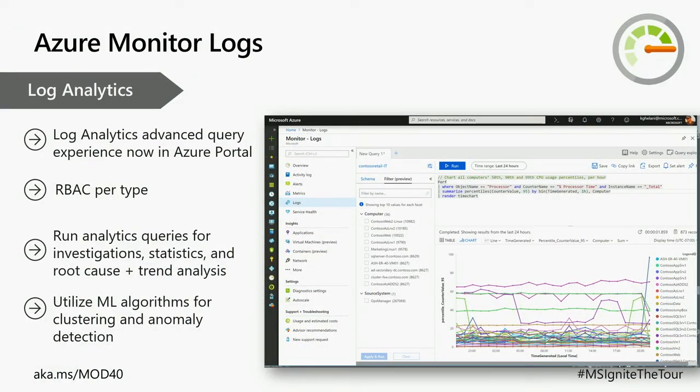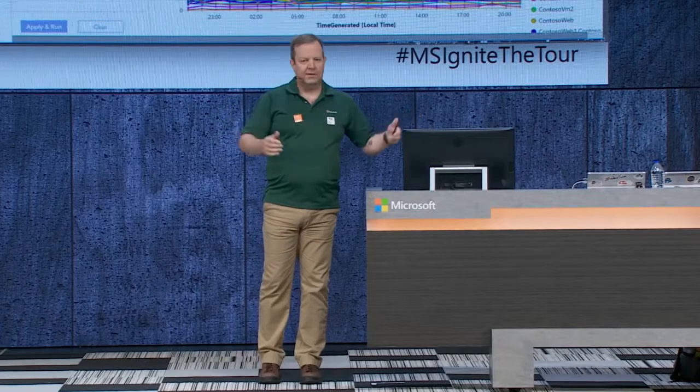You want some visualization, and here you have the possibility to create some nice visualizations, as well as to filter and to change the time period that you are observing. And also another thing which is really nice with Application Insights in general and Log Analytics in particular is that you can have role-based access control on top of it, because it is giving you